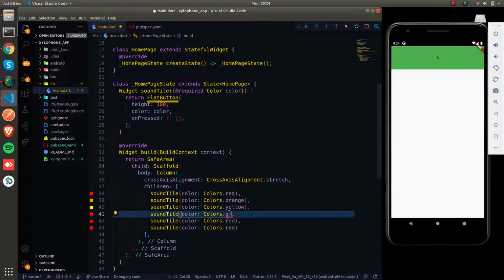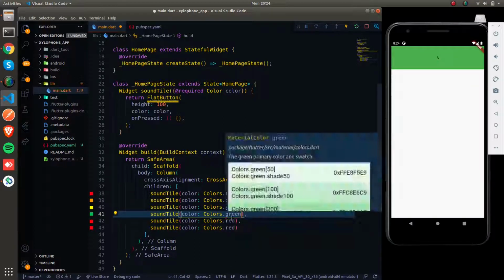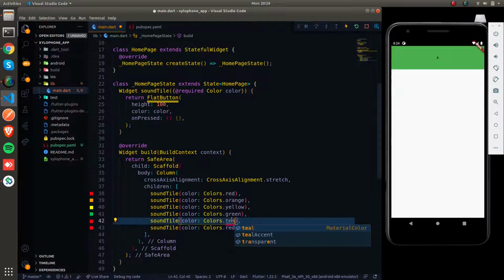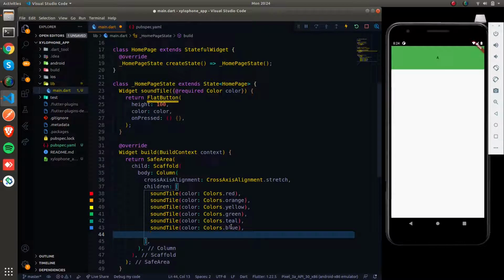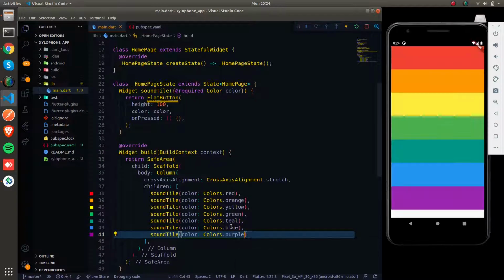We can give green, we can give teal, we can give blue, we can give purple as well. So let me save this. So these are the 7 buttons.